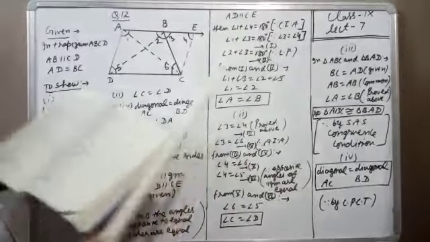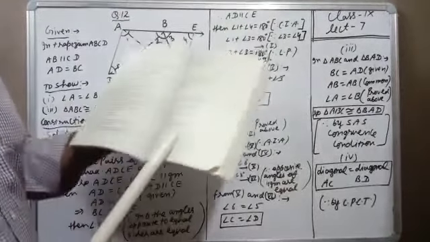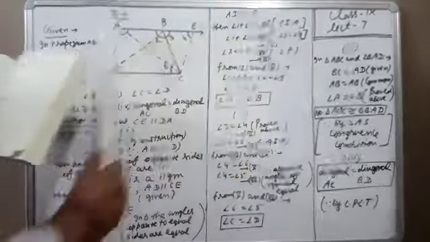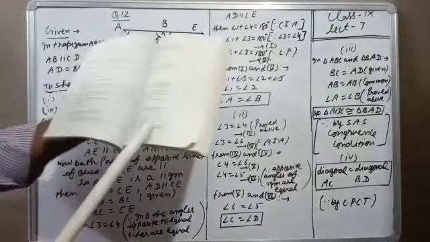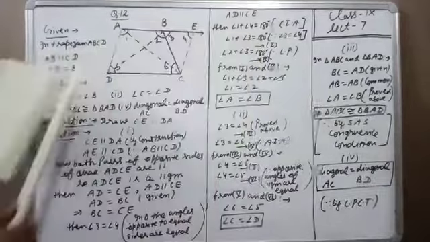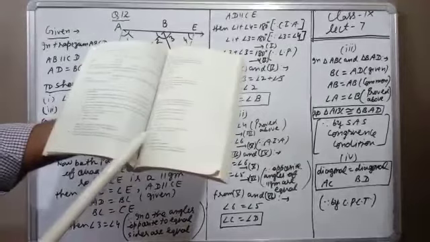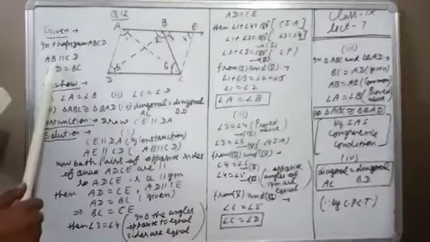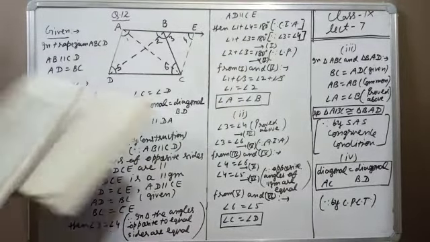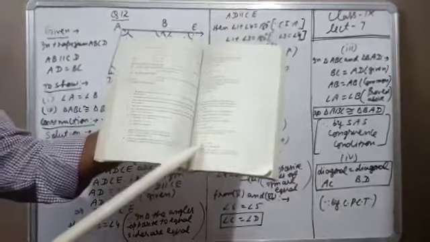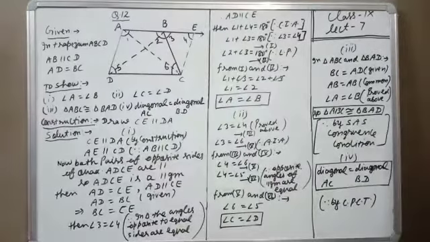This is the 7th lecture and we are discussing exercise 8.1. Now this is the last question of 8.1. So first we will draw the diagram. Here ABCD is a trapezium, so we will write in given: in trapezium ABCD, AB parallel to CD, AD equal to BC. Now this fourth part we want to prove. So one by one we will prove this.